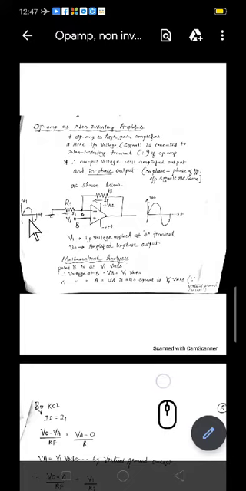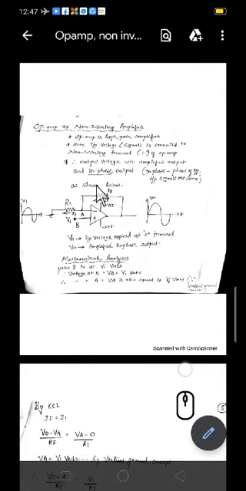The phase of the input waveform is similar to the phase of the output waveform because it is non-inverting. In case of inverting, the phase were different. Here, this is the input, output we got was 180 degree phase shift output we had got. Here there is no phase shift because this is non-inverting. Phase of the input signal and output signals are going to be same here. This is shown here.